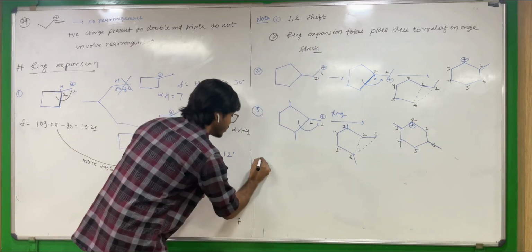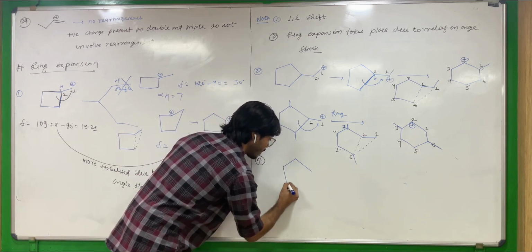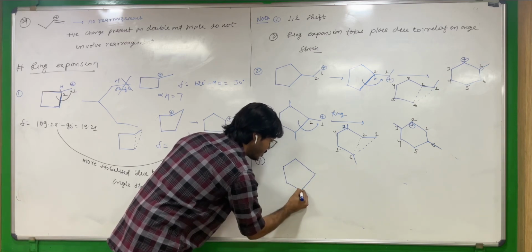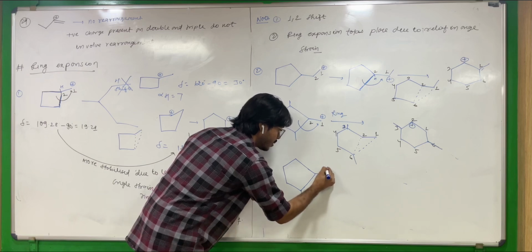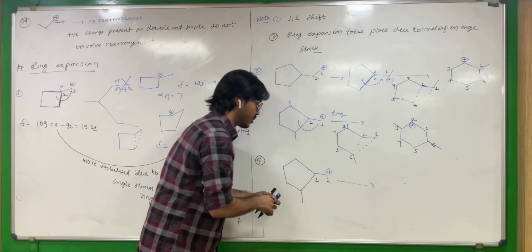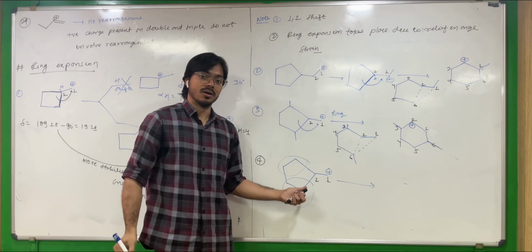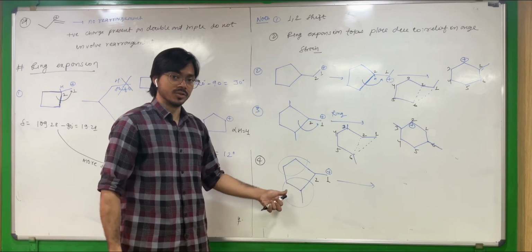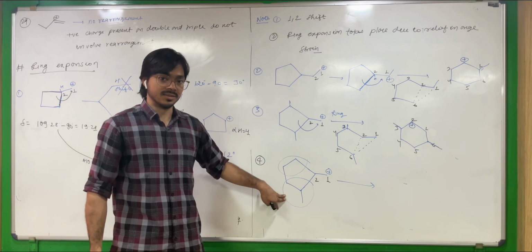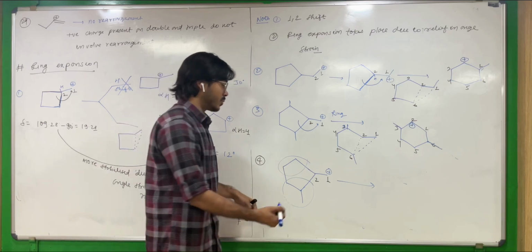Now the fourth example. This is the fourth one, very important. Now this will also go into ring expansion. This is carbon number 1, this is 2. Now between these two groups, which will migrate? I have said that among alkyl groups, the one which is large in size will migrate. This group is large in size, so this group will migrate. So if we migrate this group,